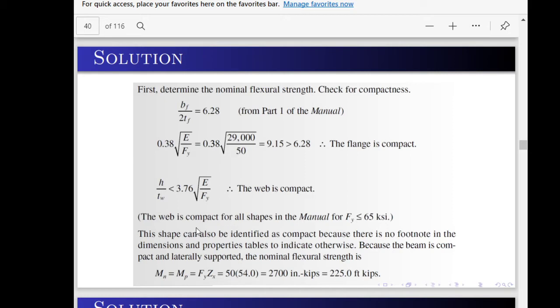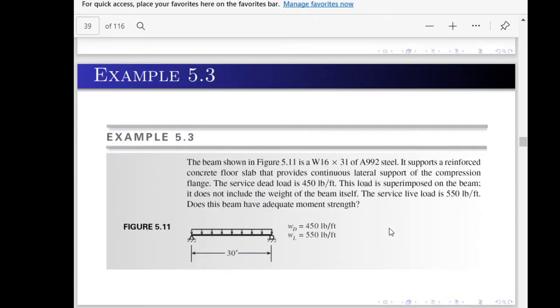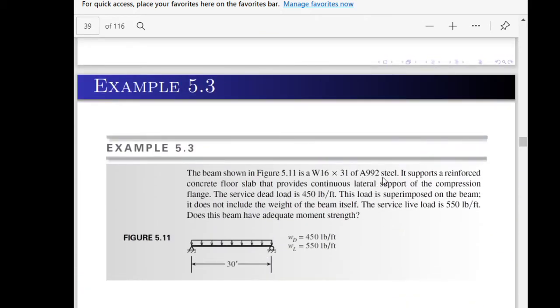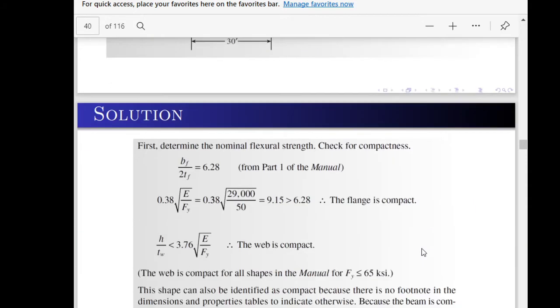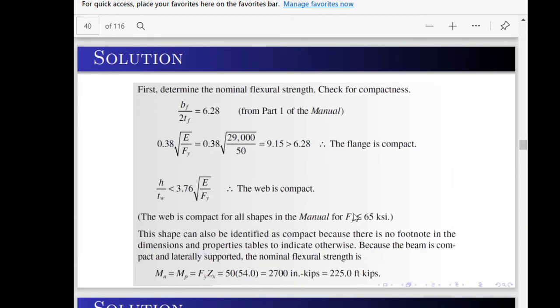For the web, the web is compact for all shapes in the manual for Fy less than or equal to 65 KSI. Since in the given, the steel is A992 steel, so meaning the Fy is 50 KSI. So if your yield strength is less than or equal to 65 KSI, meaning the web is compact, automatically compact, no? This shape can also be identified as compact because there is no footnote in dimensions and properties tables to indicate